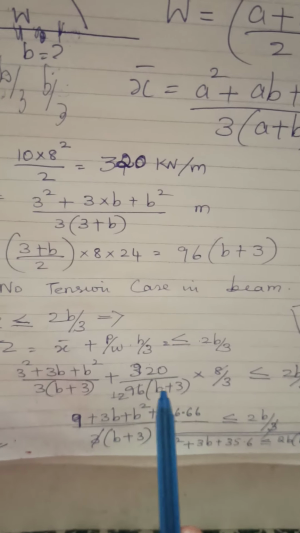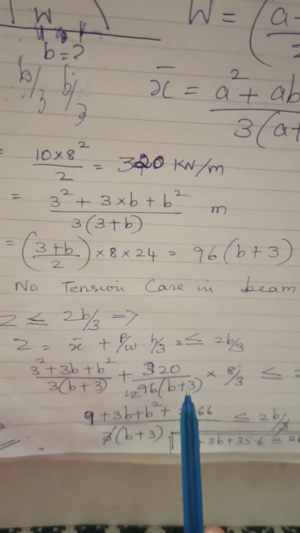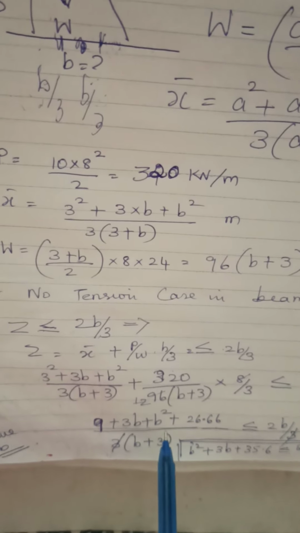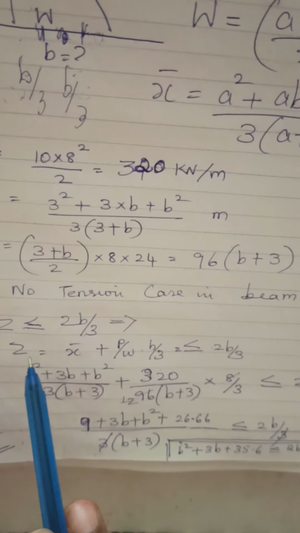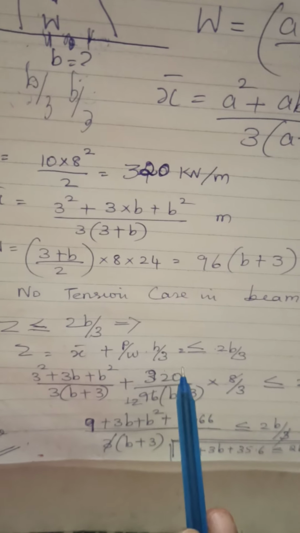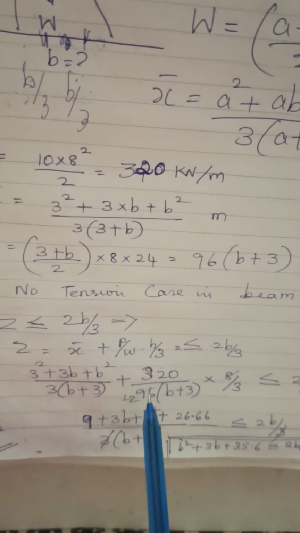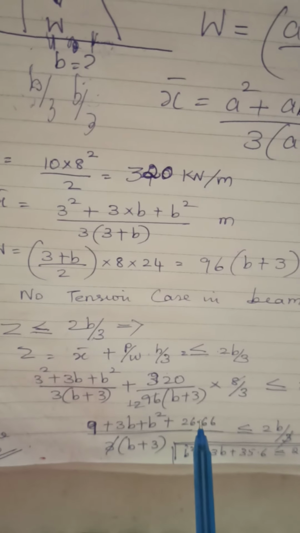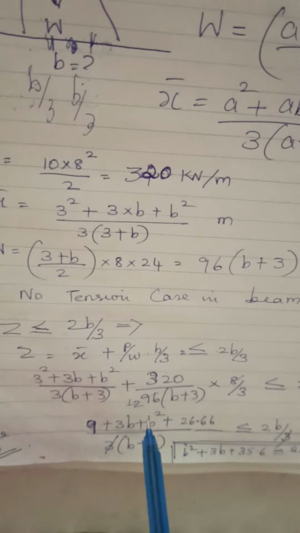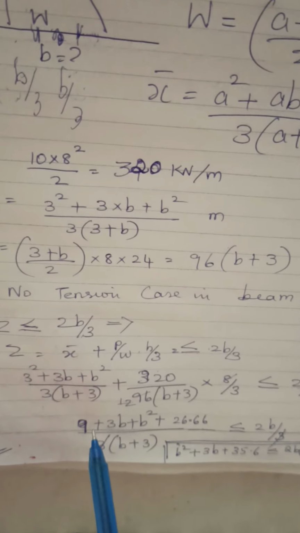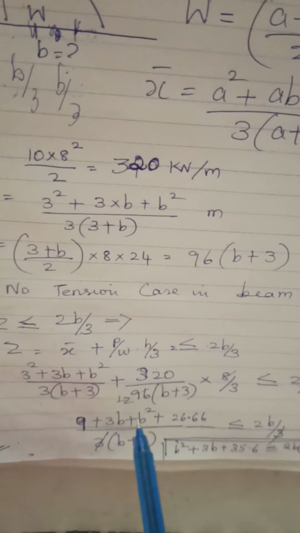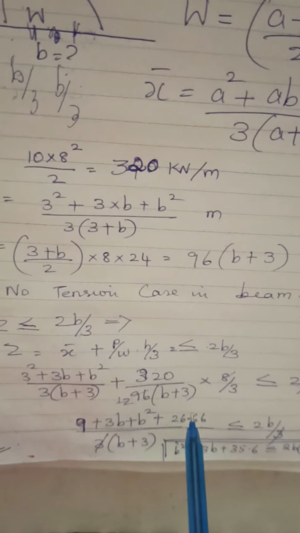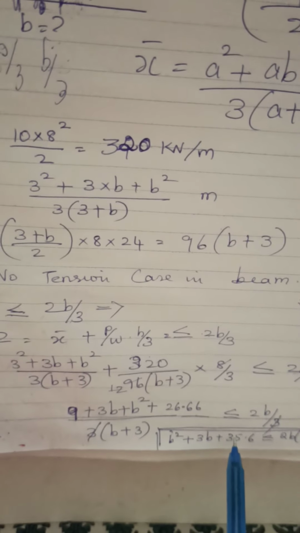Now while solving this equation, to make it easy, keep this B by 3 and 3 in the denominator as such. Don't do any modifications here. Take all the 3 values here and then this numeral 320 divided by 96 into 8. Only these 3 you solve and get the value over here. Now we have 2 numerals and 1 B square term and 1 3B term. So you can solve this by B square plus this 3B, and these 2 numerals can be added up. The added up value is 35.6.